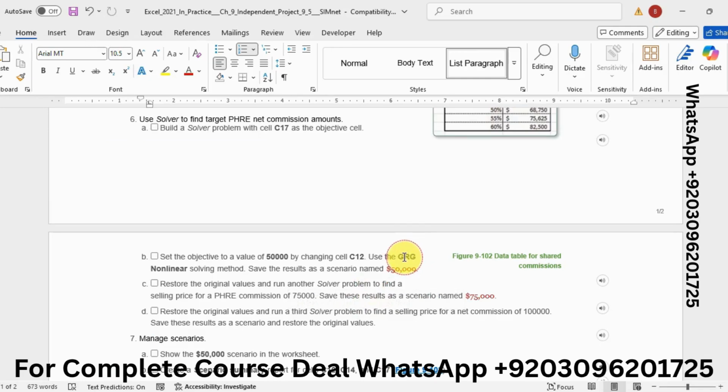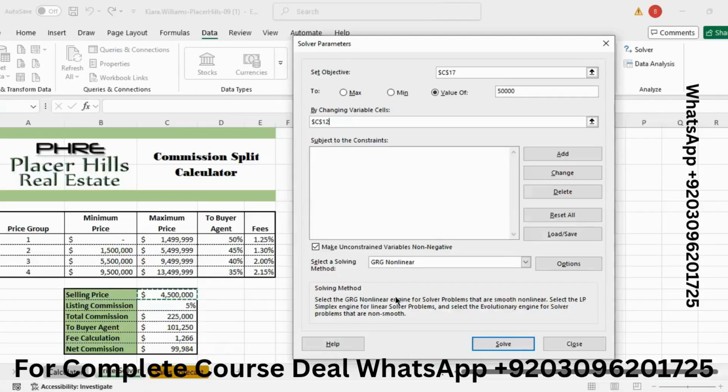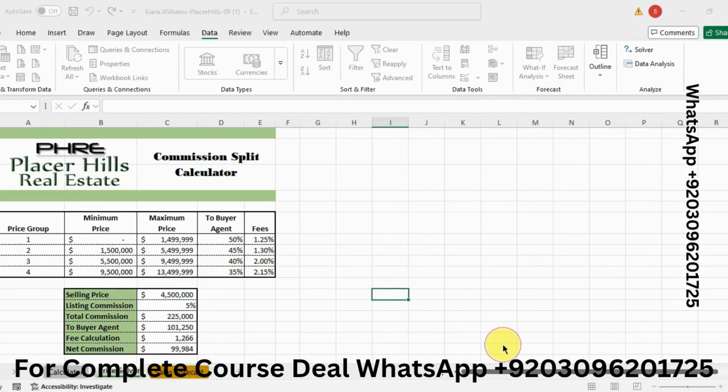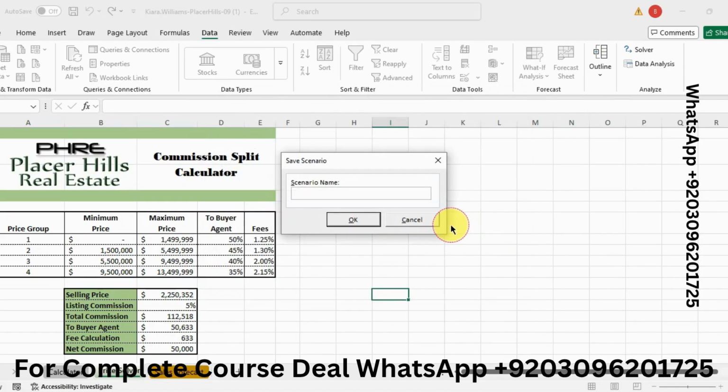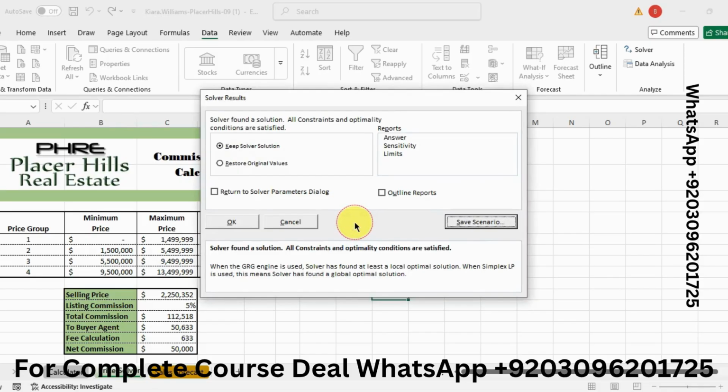You can see it, and save the result as a scenario named. So Control C, and now click on Solve and save scenario. Click on Save Scenario and paste here and then click on OK.